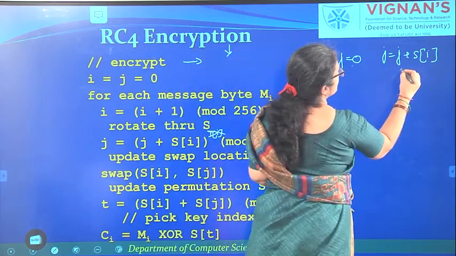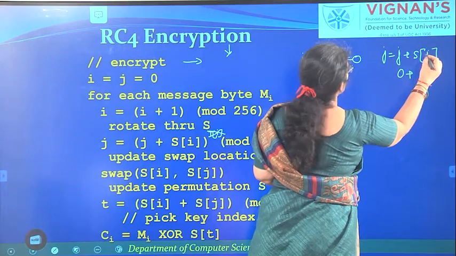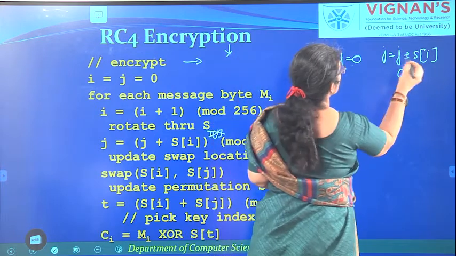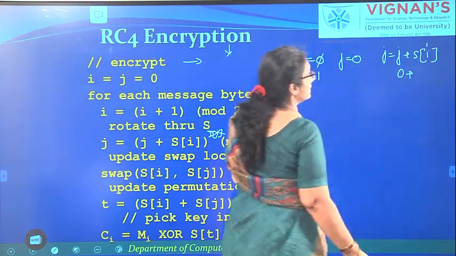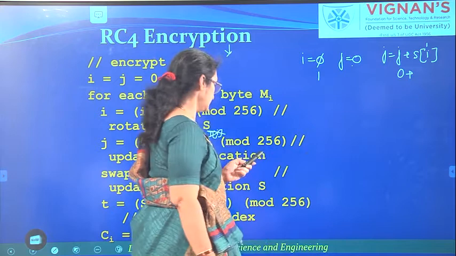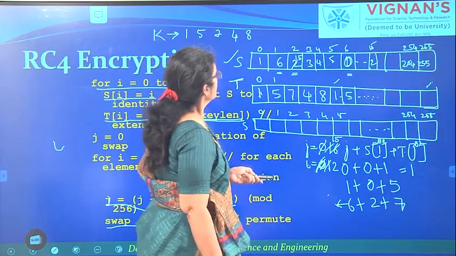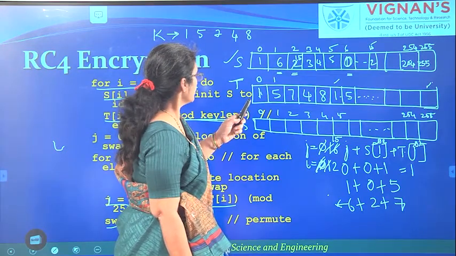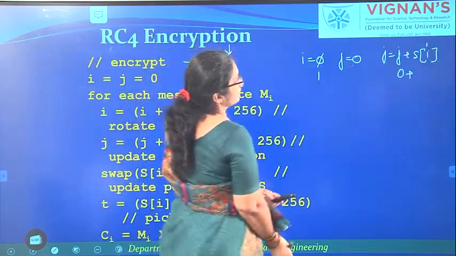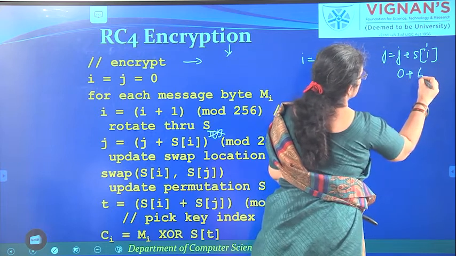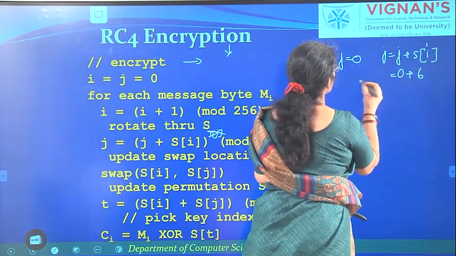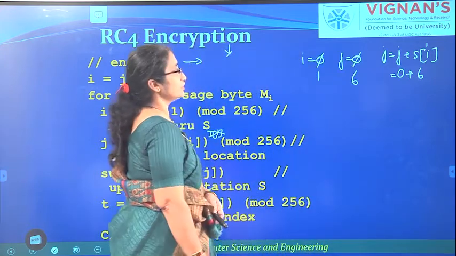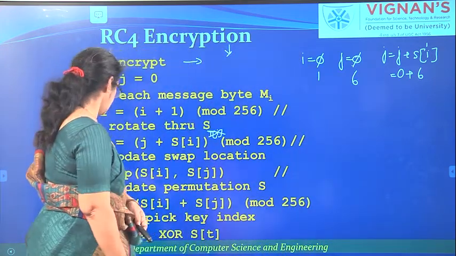At present the value of j is 0 plus the S of i value, with i now 1. So, what is there in S of 1? Previously you have, suppose you have 6. So now our j value became 6. Okay, i value is 1 and j value is 6.